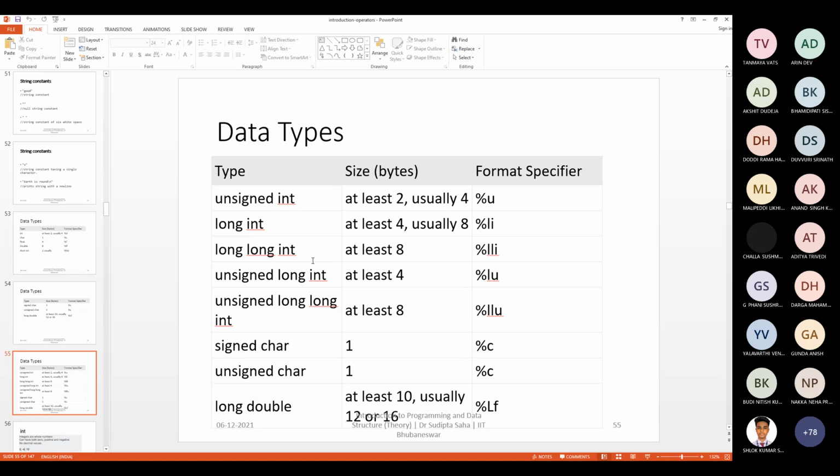So for example, if you want to print a long int, that needs LLI. But you can try to print an integer also using LLI. So what will happen in that case? These questions you need to answer yourself. In the next assignment, we're going to put an actual question there. So just try to do random experiments. There are many possibilities for format specification and many possibilities for type. So do some random arrangements, check what is happening, and report that in your report file.